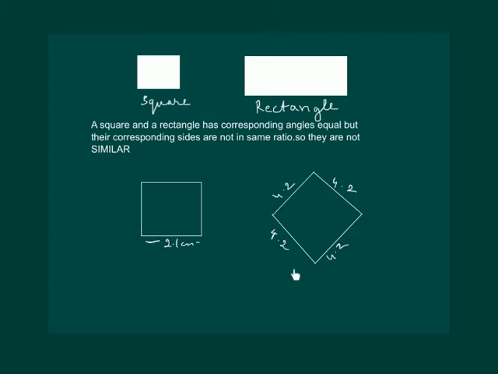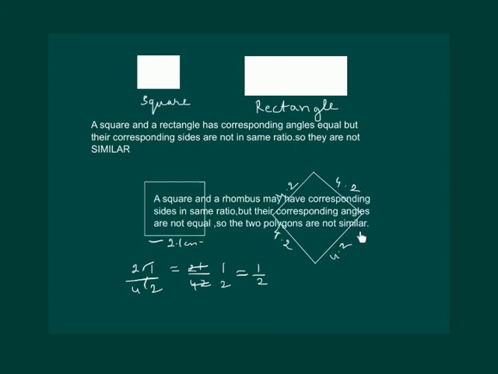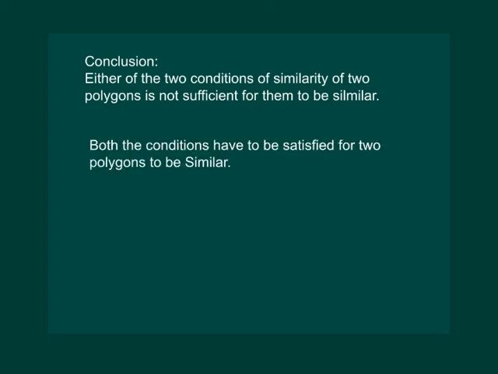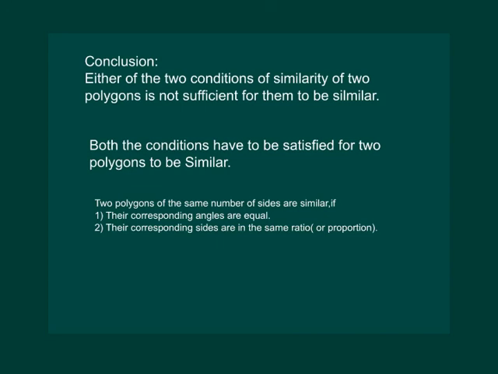If we consider a square and a rhombus, the two figures may have corresponding sides in the same ratio. That is, the sides of the square will be in the same ratio to the corresponding sides of the rhombus, that is 1 by 2. But the corresponding angles are not equal. So again the two polygons are not similar. This brings us to the conclusion that either of the two conditions of similarity of two polygons is not sufficient for them to be similar. In other words, both the conditions have to be satisfied for two polygons to be similar. That is, their corresponding angles should be equal and their